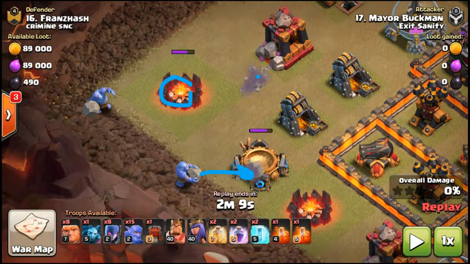Bowler bounces work extremely well when defenses are out of range of it, so they don't really know that they're there. So basically they're able to get free, not just free percentage, but also make a funnel. Just remember, bowlers for funneling are very good, especially when buildings are kind of clumped up like this, so you can get value without the cannon or archer tower or Eagle Artillery or whatever in range of your bowlers